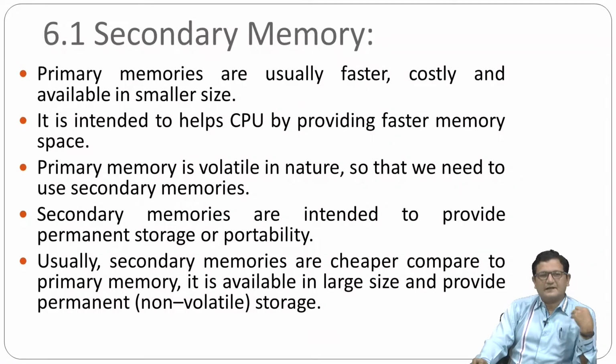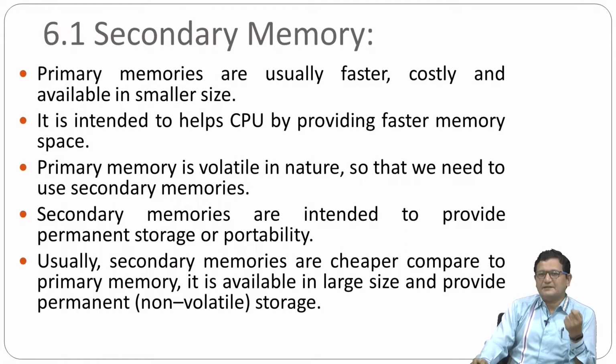Okay, yes, another primary memory is there, which is called read only memory. But see what happened in the case of read only memory: the chip is written once, then we can't do any kind of alteration, right? So obviously the CPU is not actually using a ROM, because write operation is not permitted in ROM, right? It's a read only memory, the memory which is used only for reading purposes. Fine, and that's why the RAM is volatile, and ROM is not allowing a writing operation. Due to that reason, we are using a secondary memory, right?